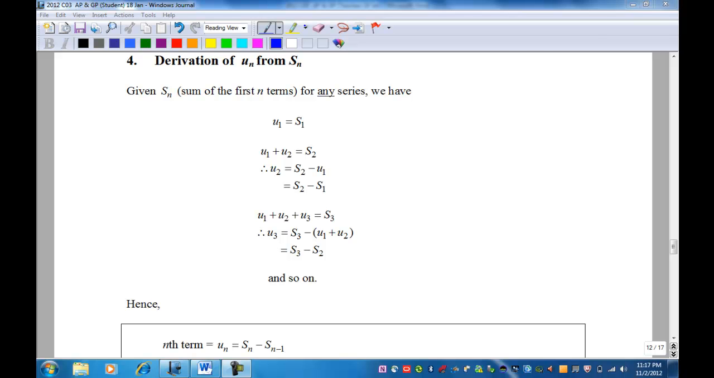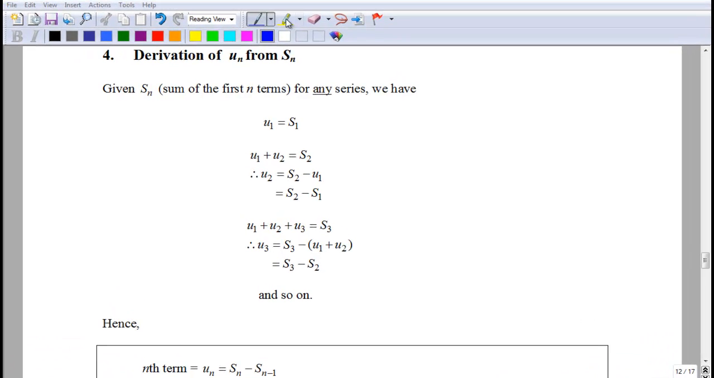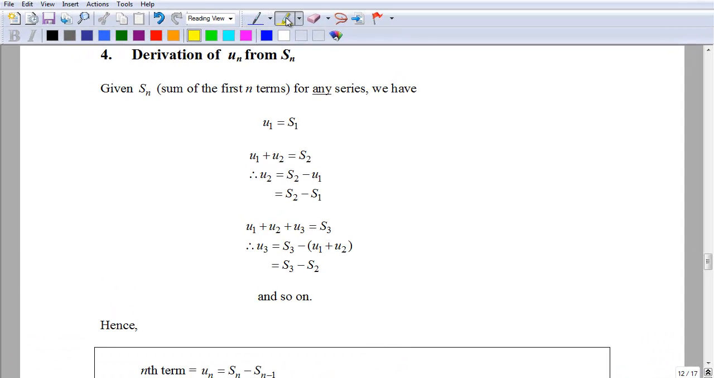In this video, we examine a very useful relationship between the nth term of a series and the sum to n term of a given series. And it is most important that we note that when we talk about sum to n term of a series